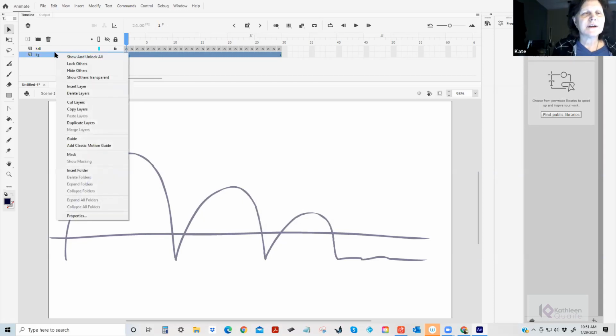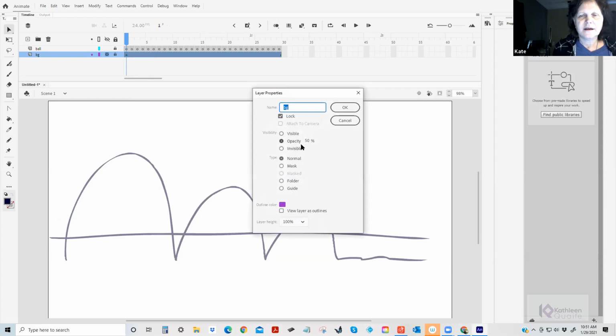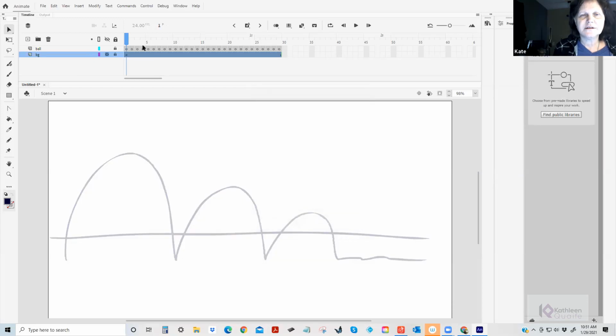What I did was I right-clicked and I went down to the properties for that, and yeah, you can change that. So it's a little diminished, and then just so I can draw on top of it here. So I've locked the BG layer. Okay, so essentially, if you're going to draw frame by frame, and we will add in-betweens as needed,